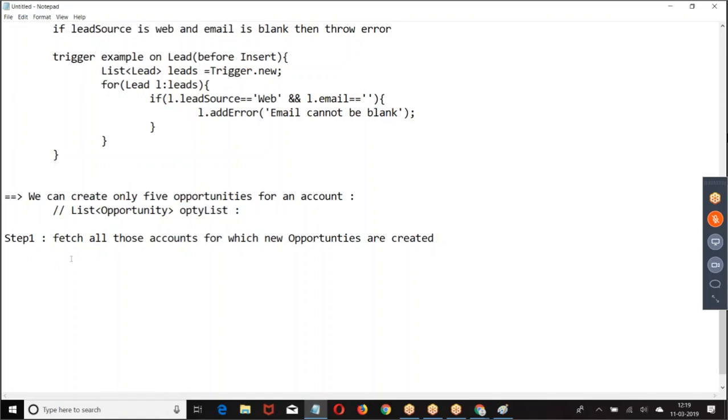Opti list. Then how did you write the logic? List of opportunities, then take one by one opportunity, add their account IDs to the list.